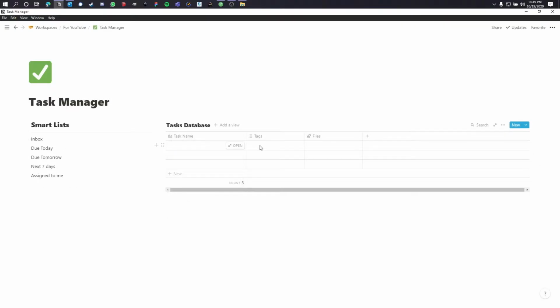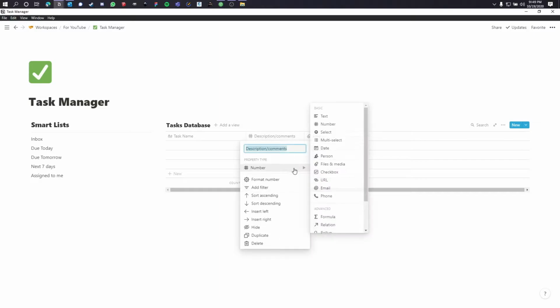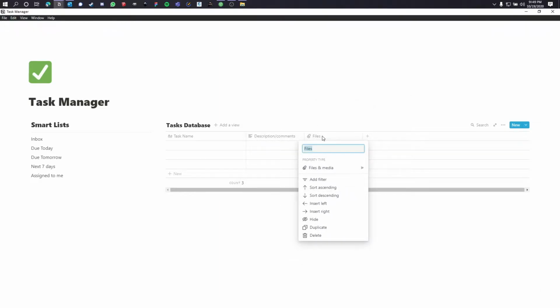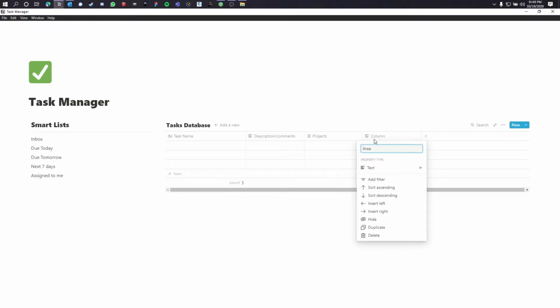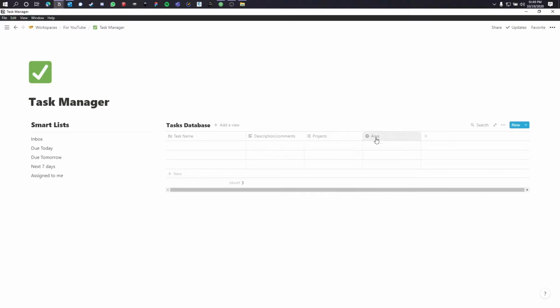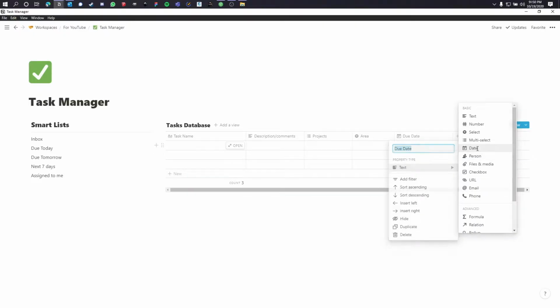Now I'll create columns in the task database to help me understand and organize my tasks better. I'm creating a description column to add details about the task, a projects column to organize tasks into projects, an area column to get a better picture as to what area of my life am I working on most, due date column which is obvious, an assigned to column in case we have a team sharing the same task manager,